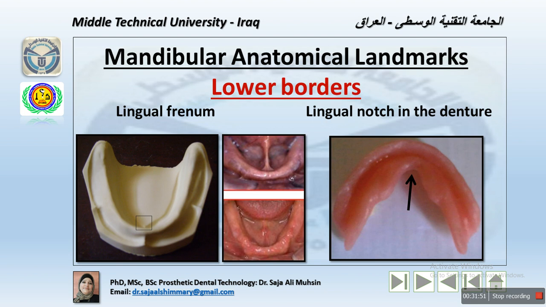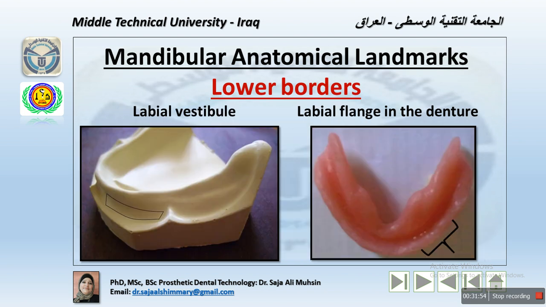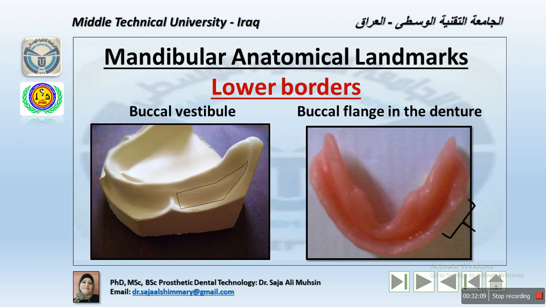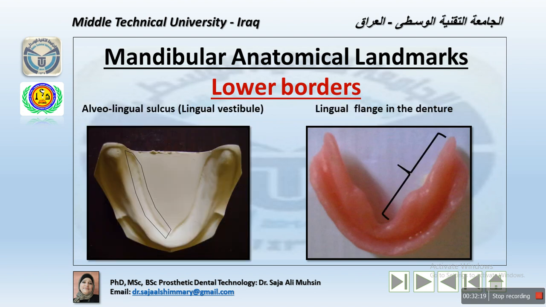The labial vestibule provides lateral support with the labial flange of the denture, okay? And of course, it extends from the labial frenum to the buccal frenum, and then we have the buccal vestibule, which extends from the buccal frenum backward to the area of the retromolar pad. This will create the buccal flange of the denture. The alveolar lingual sulcus, or the lingual vestibule,